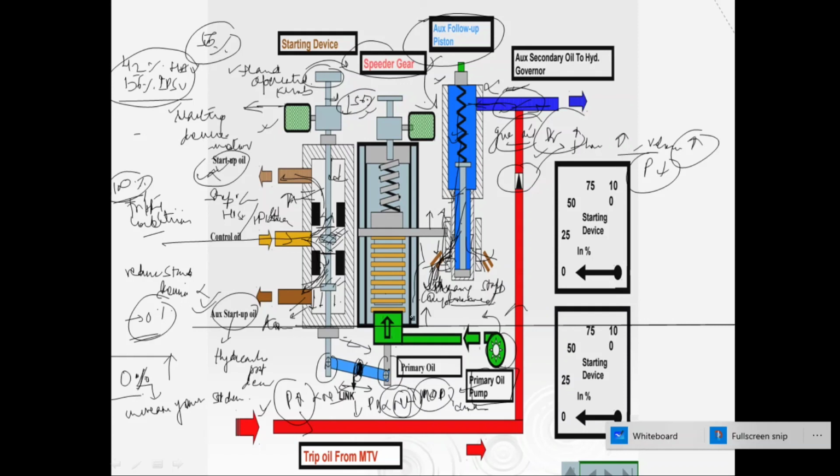Okay, in the next video I will discuss how our hydraulic governor and electro-hydraulic governor work, and how the minimum selection will lead to control of the turbine. Okay, and in upcoming videos I will also discuss how our stop valves open, how our protection system works, how our protection devices work, how our remote trip solenoid works, how governing oil works, and many other things related to governing, and how our trimming devices, load setting relays, and tracking device will work.